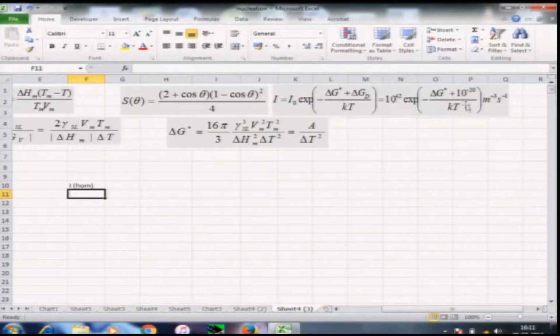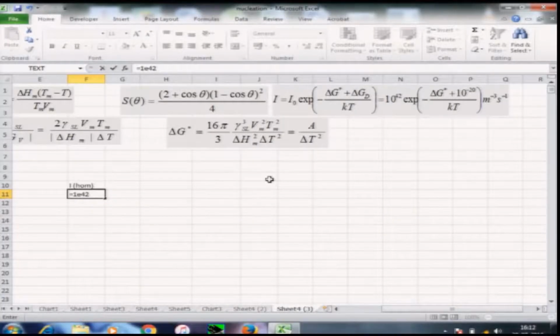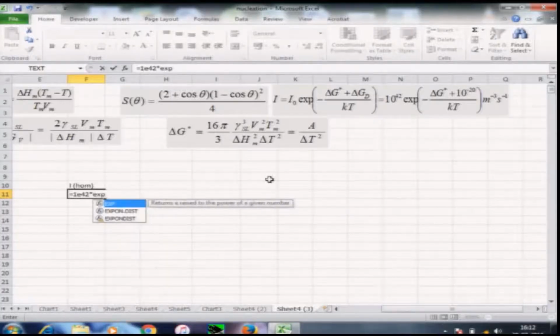So, that is taken here. So, we will put down this formula in here, I0, which is 10 to power 42 multiplied by exponential